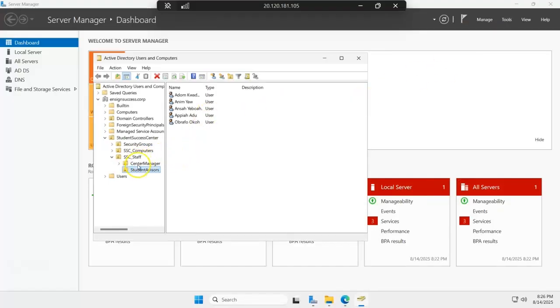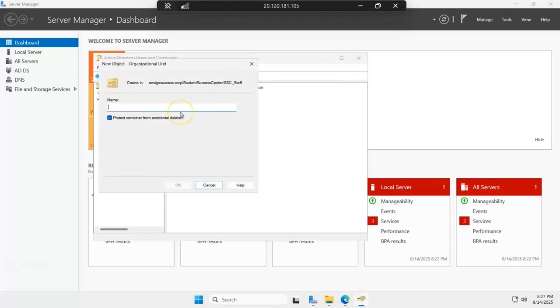Alright, so now I'm going to go and create for my users. Okay, so I'm going to create a new OU for this. This will be admin